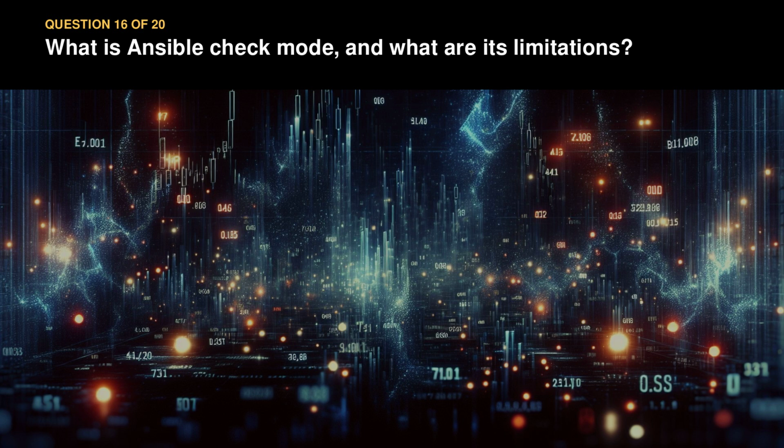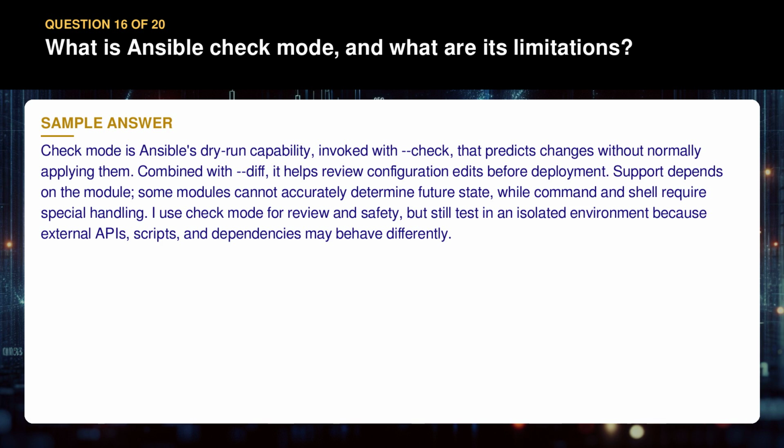Question 16. What is Ansible check mode, and what are its limitations? Check mode is Ansible's dry run capability, invoked with check, that predicts changes without normally applying them. Combined with diff, it helps review configuration edits before deployment. Support depends on the module. Some modules cannot accurately determine future state, while command and shell require special handling. I use check mode for review and safety, but still test in an isolated environment because external APIs, scripts, and